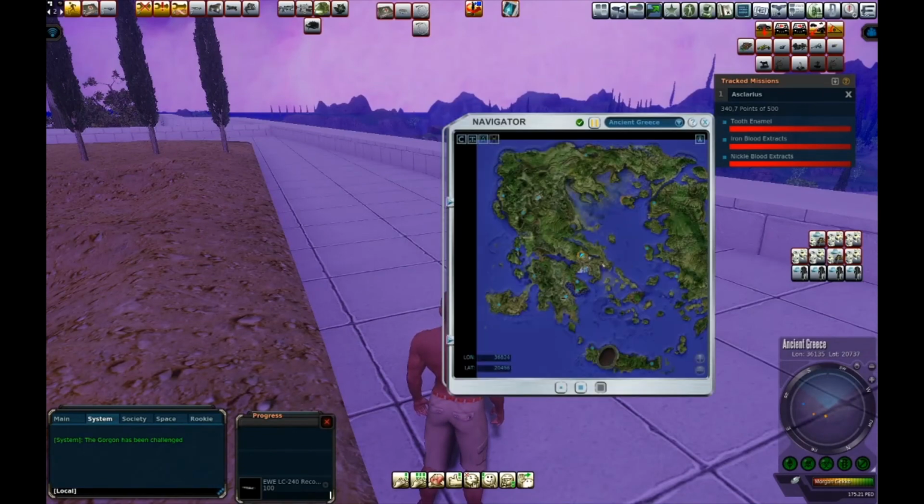Bring down my map and I'll show you. We have to get right down here. All along this ridge is where those cyclops things are. The lower maturities are right here. As you go up the ridge, they get higher and higher. I don't know what that little dot is there. We'll find out in a second. But